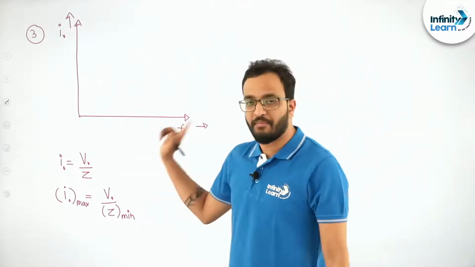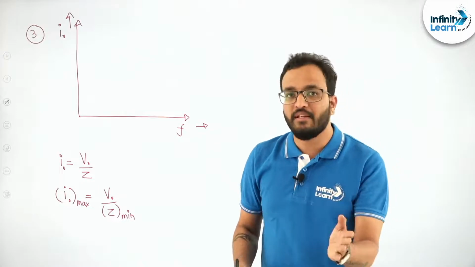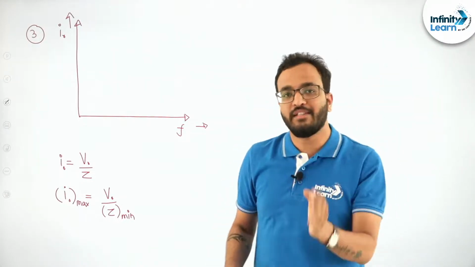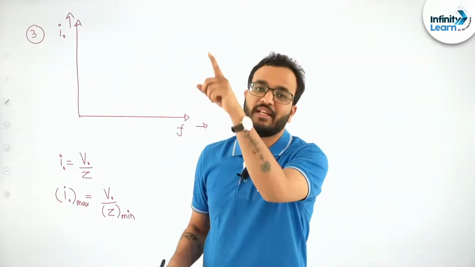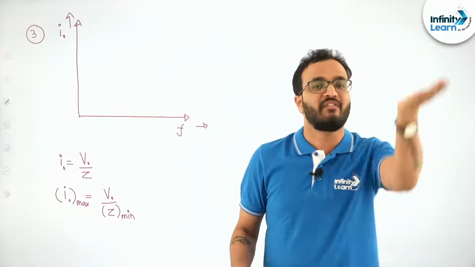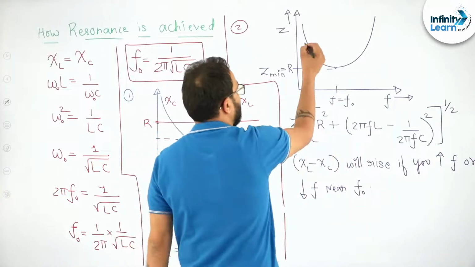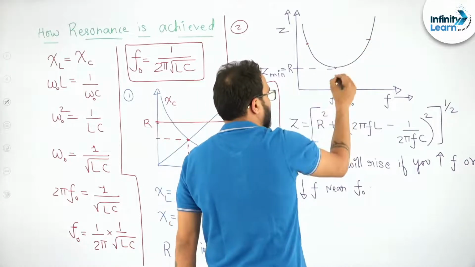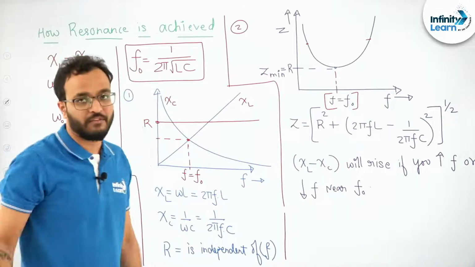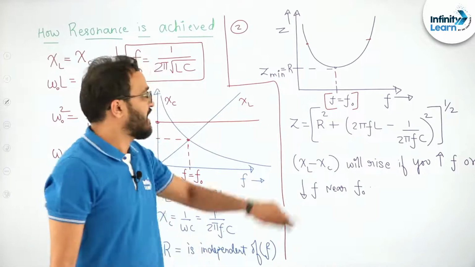Similarly, just like in the previous case we have seen, near the resonant frequency, Z was increasing. Whether you have a frequency less than the resonant frequency, Z will be greater. Whether you have a frequency greater than the resonant frequency, Z will be greater again, as you can see here. So Z is always increasing away from the value of resonant frequency. Can you see this in the graph? So I can say the current will be decreasing away from the value of